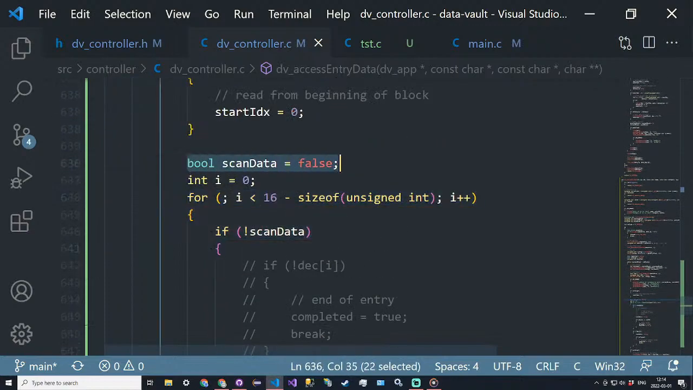So we have our scan data flag here, and we start our counter, iterate left to right, so beginning to end. And we start by saying if we're not currently scanning data,